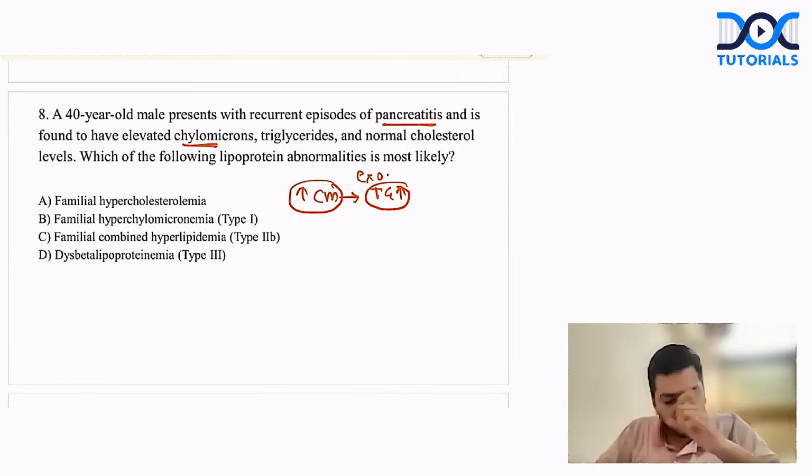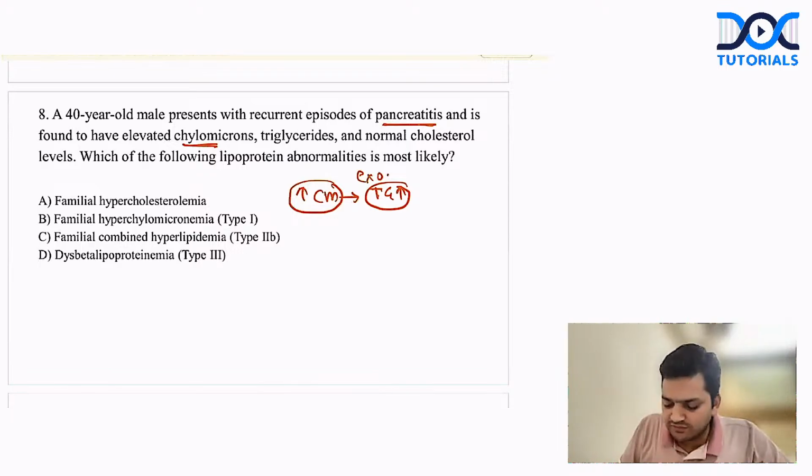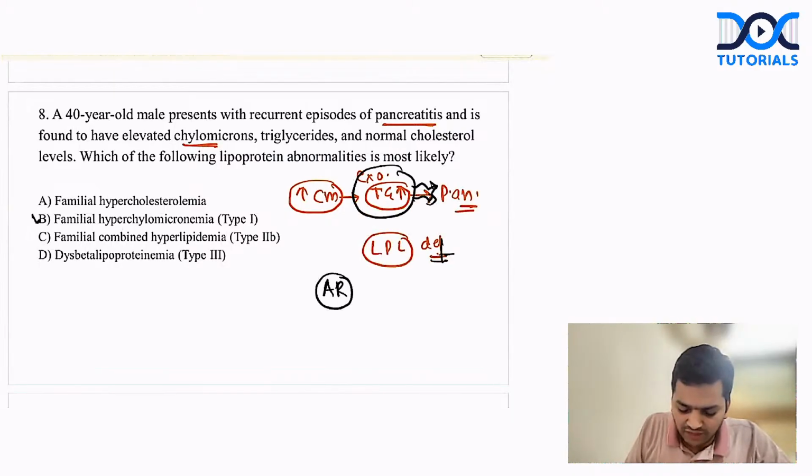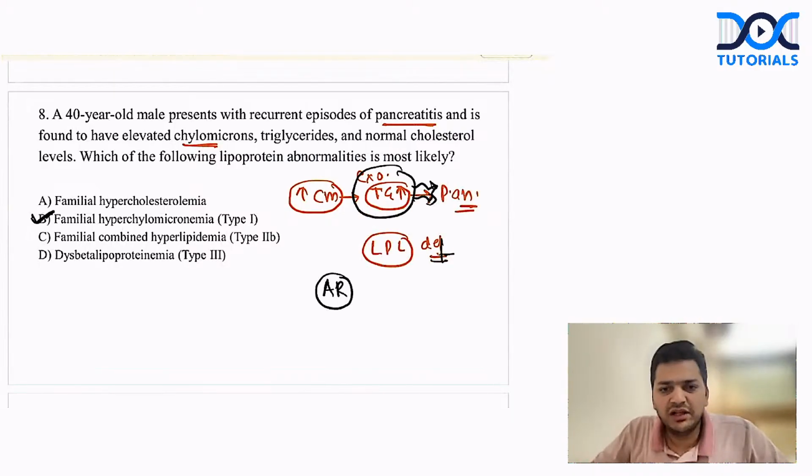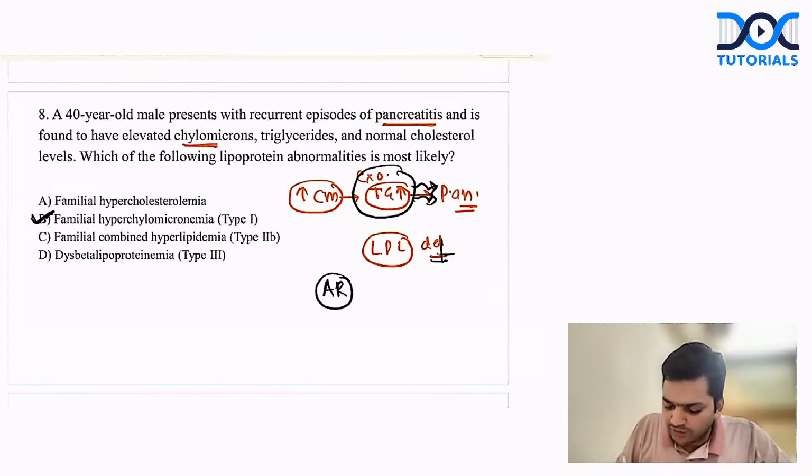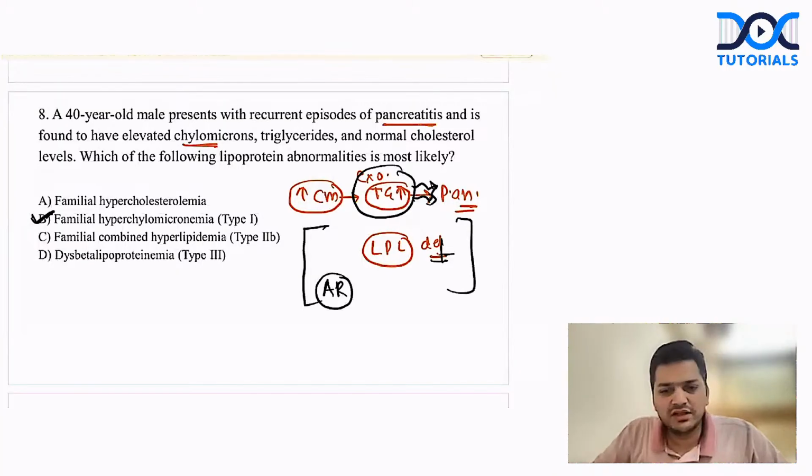Which type of disease? It's a familial, autosomal recessive disorder where the lipoprotein lipase is deficient. So this is called familial hyperchylomicronemia. But can you tell me that familial hyperchylomicronemia can be seen with lipoprotein lipase deficiency, or it